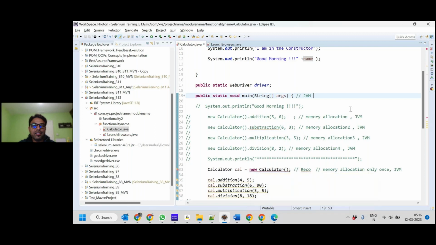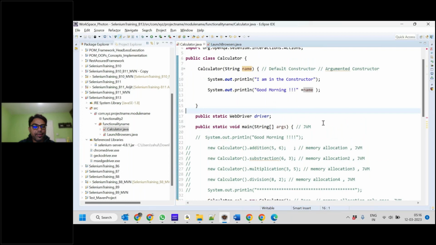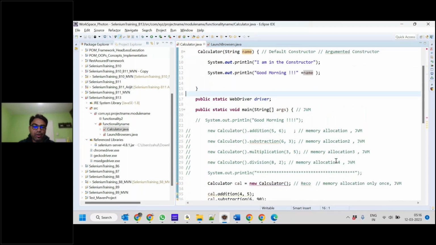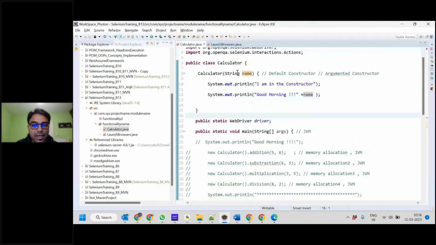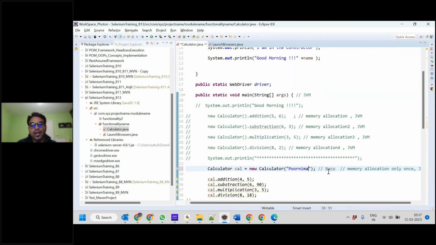Previously that was the default constructor. No argument had been given over here, so it was happy with that. It didn't ask me for any argument. Now, as soon as I define an argument over here, it is asking me for the string variable. I can type anything over here. It is asking for the string argument. So I specify the name over here, and now if I run it,